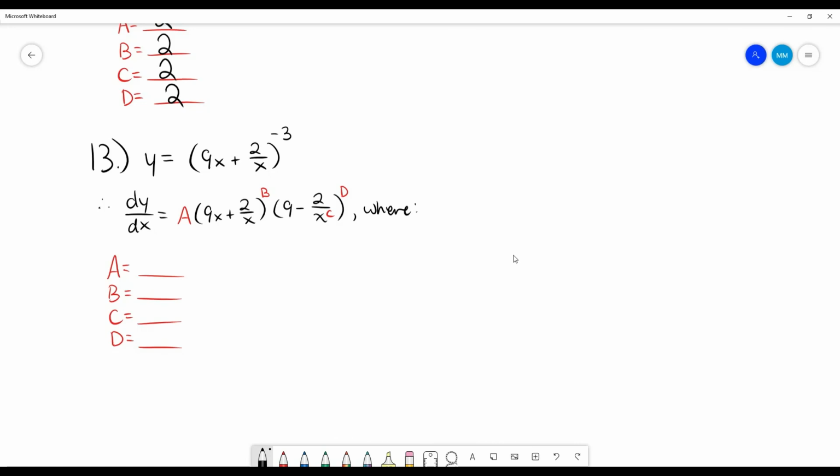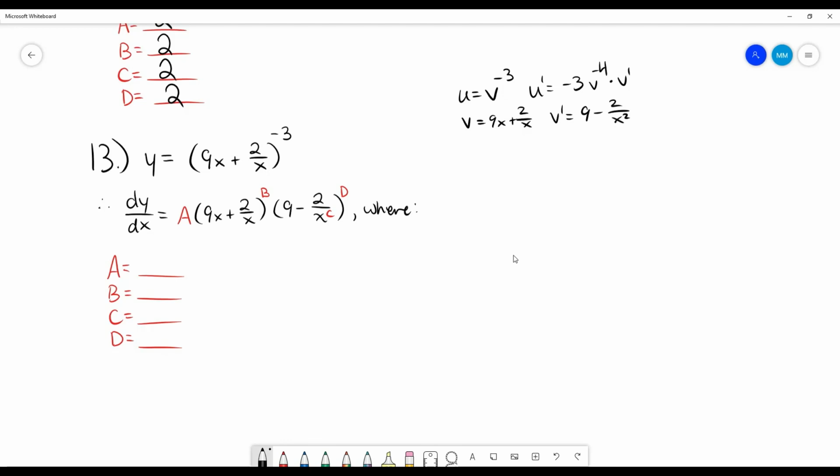All right, and then our final question says that y equals this, therefore our derivative will end up looking something like this. So this one is just chain rule. So our outside is something to the negative third. Derivative of that would be our power rule. Okay, and then times the derivative of our inside. Our inside is all of this. Oops, not v prime, just the v. And then the derivative of our inside is going to be 9